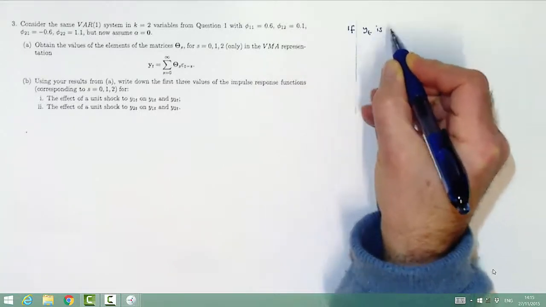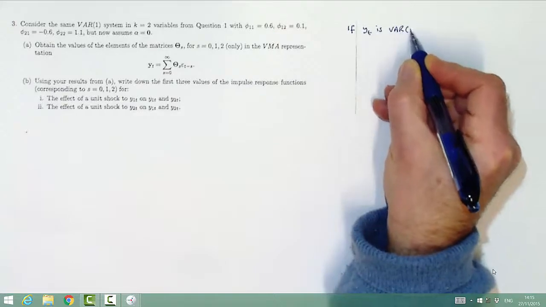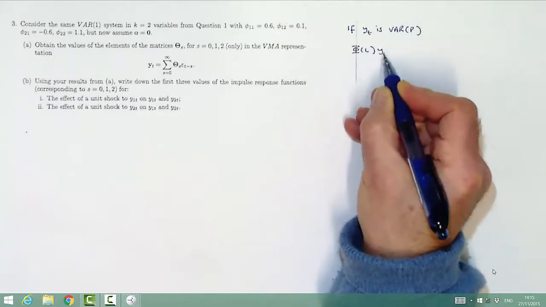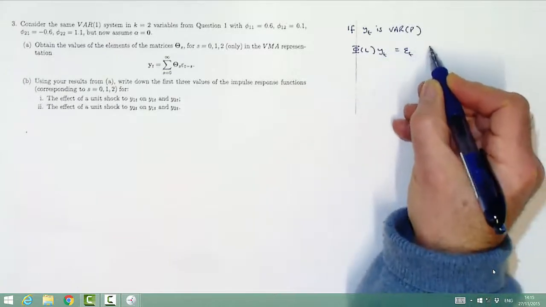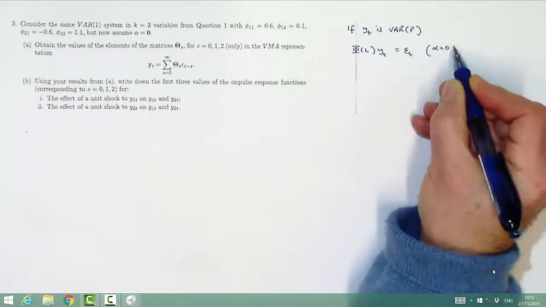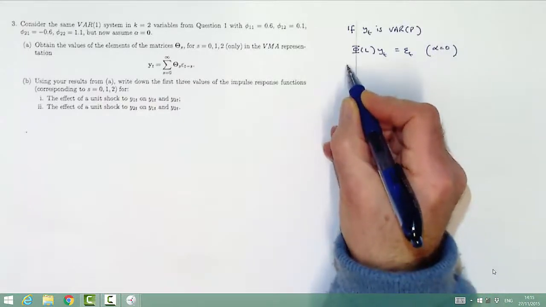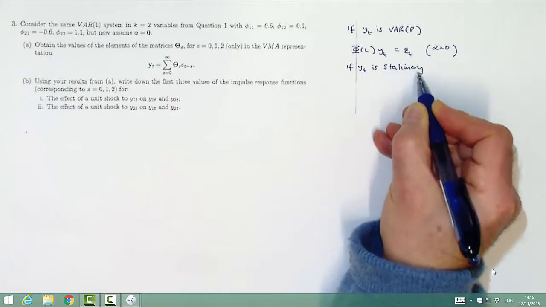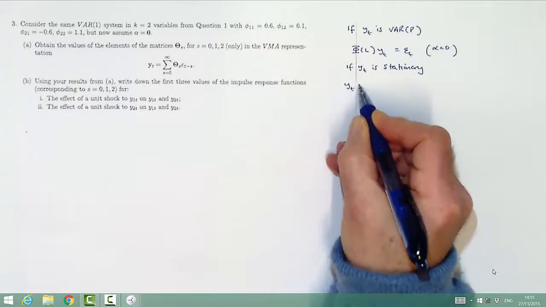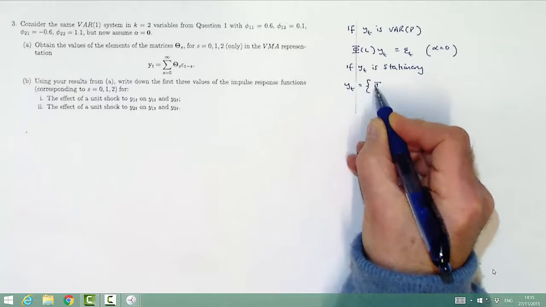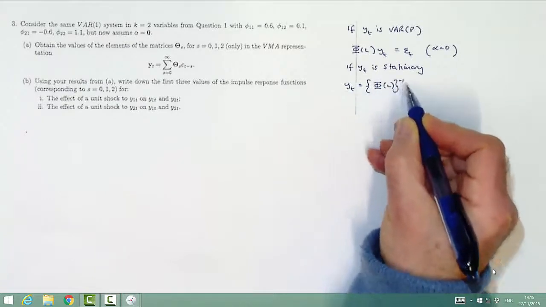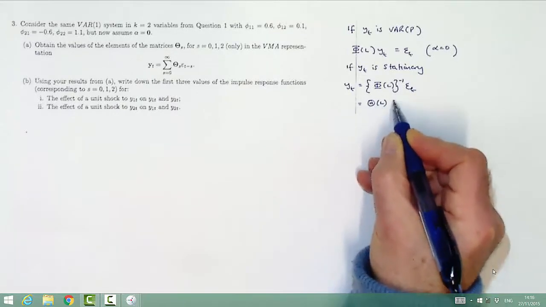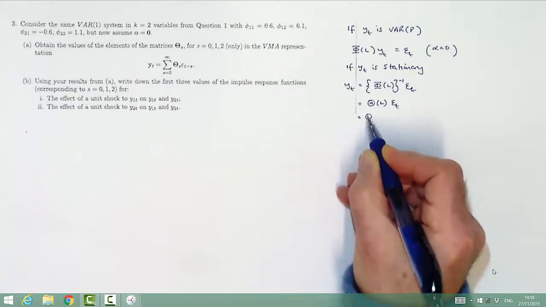Assume that y_t is a VAR(p) process. That means I can write it as a matrix polynomial Φ(L) y_t equal to white noise, using here the fact that alpha is 0, and that's given in the question. And if y_t is a stationary process, then that autoregressive polynomial is invertible, so we obtain the representation that y_t is Φ(L) inverse times epsilon_t, and then we just write Φ(L) inverse as another polynomial Θ(L)